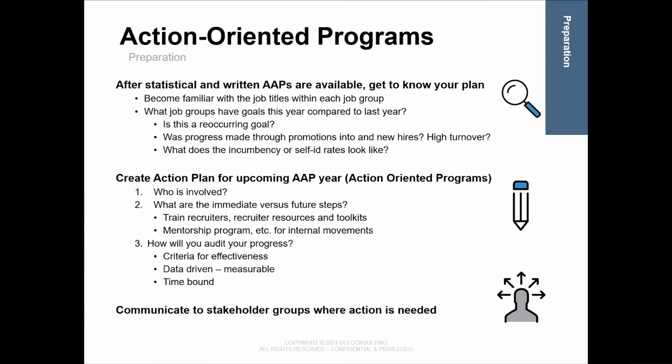There are various ways that this communication can be accomplished, such as the HR or human resource team attending manager meetings, webinars, online training and communications, email notifications of goals and responsibilities. And some applicant tracking systems do allow you to house goals, and there's an option to notify recruiters and managers when specific positions become available.